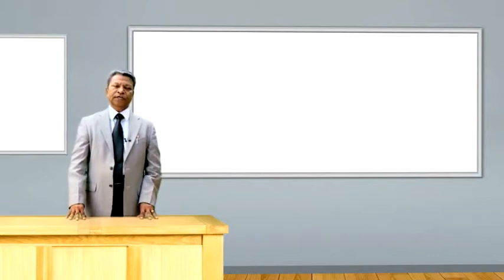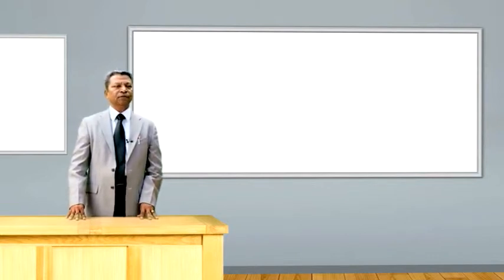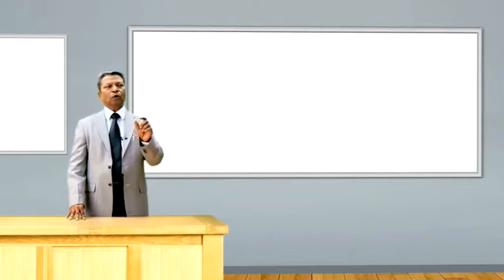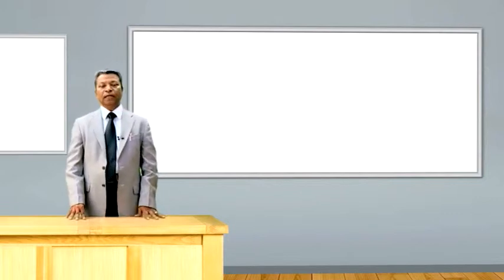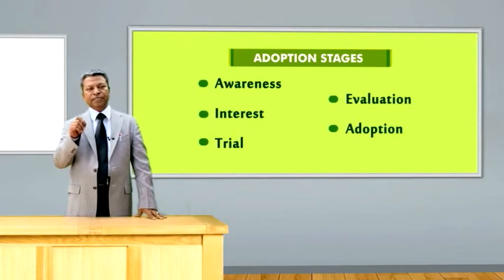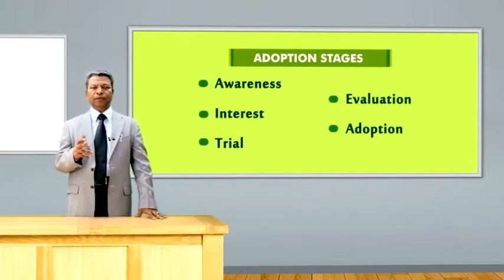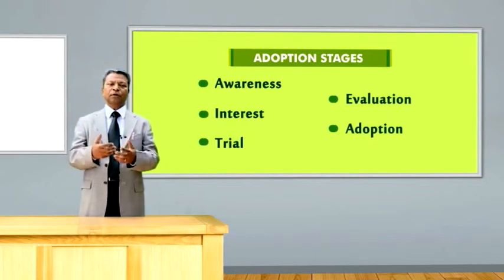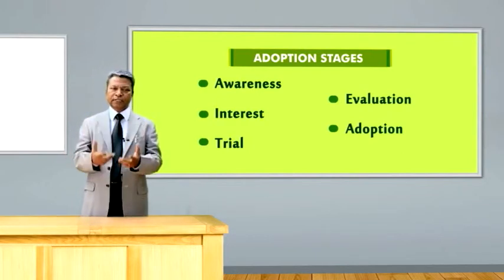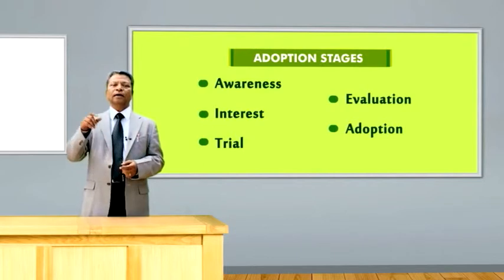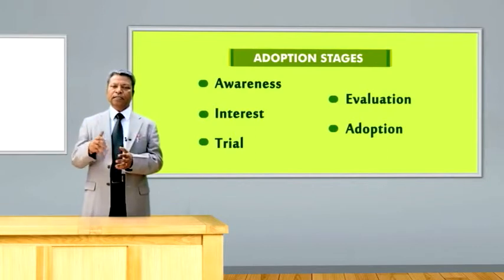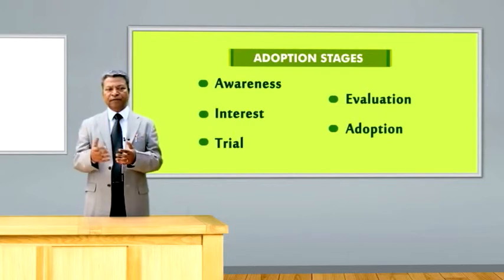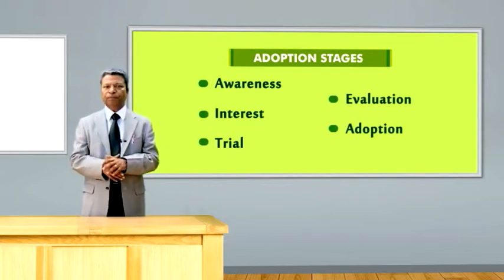Now I must also mention here that there are 5 well-defined adoption stages. If you have to introduce an innovation in a given village or a given block, then it moves through 5 stages. Number 1 is awareness. If I am a farmer, I become aware of the innovation. Then I take interest in the innovation. I take a trial on a limited scale on my field, then I wait for 1 or 2 seasons and see how it performs on my field, and then I go for full scale adoption.